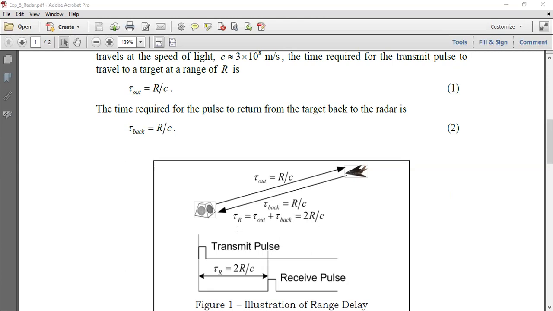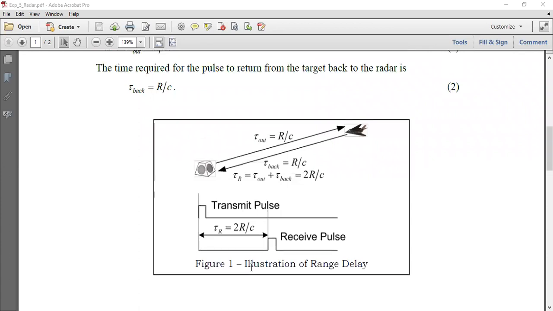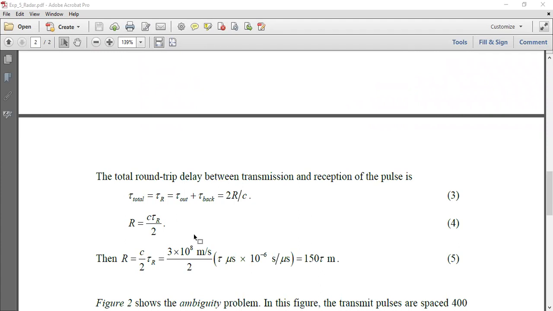So the total time is tau out plus tau back. Now from the total time,